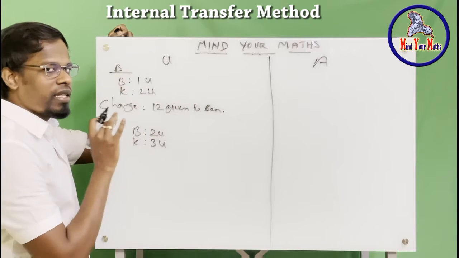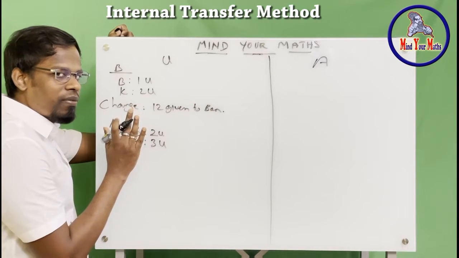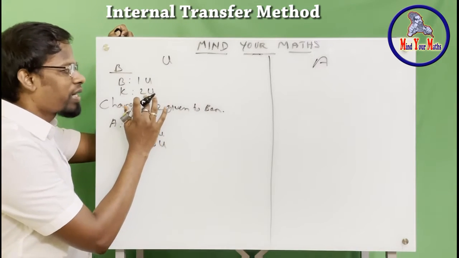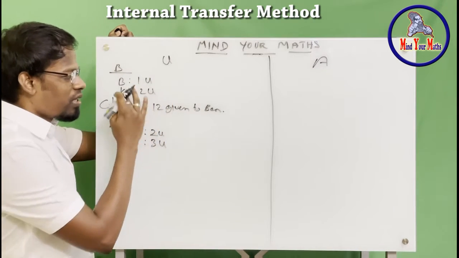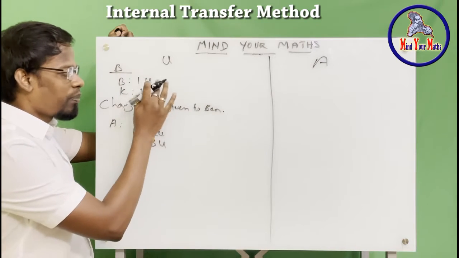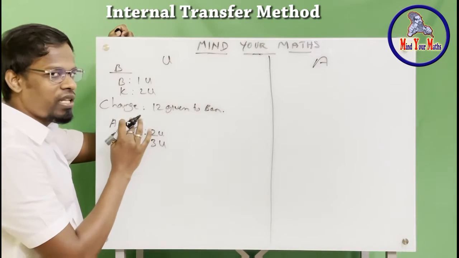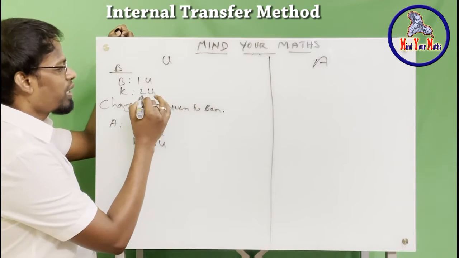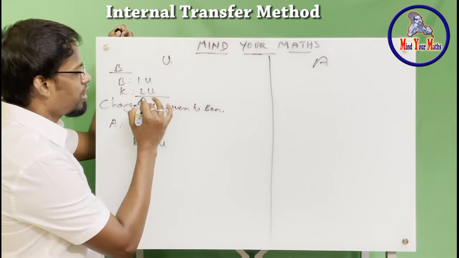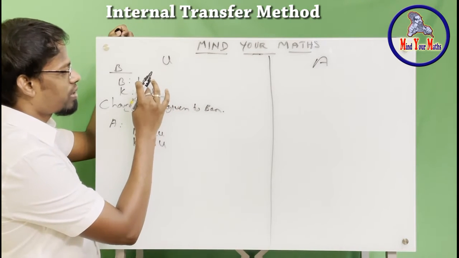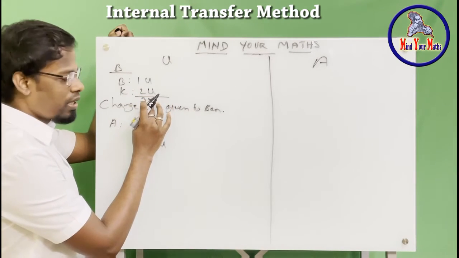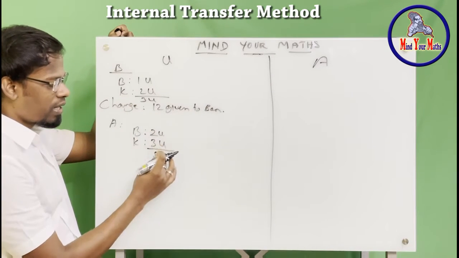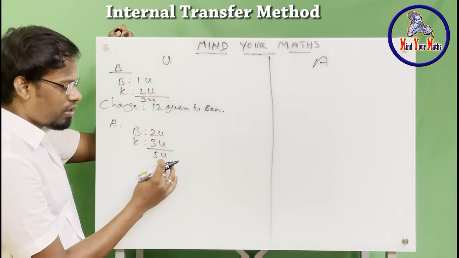Again, as I said, the total number of marbles did not change between both of them, just that Kumar gave some to Ben, that's all. The total at the beginning and after the change has not changed. What it means is that these 3 units, 1 plus 2, the 3 before units, is equal to these 5 after units. If you add them together, this one becomes 5.